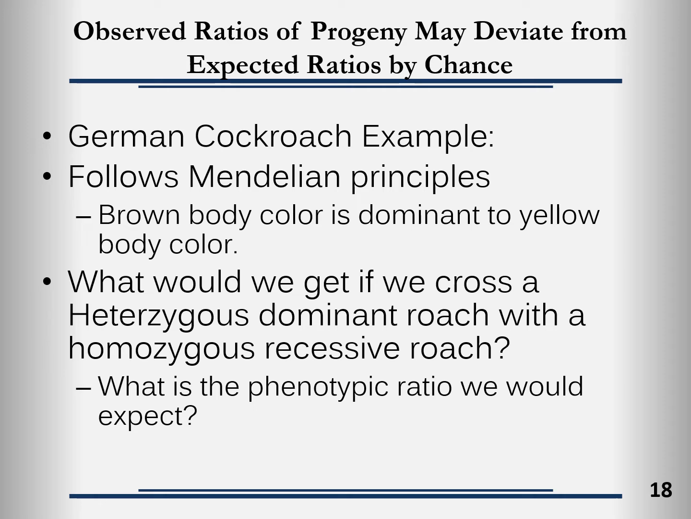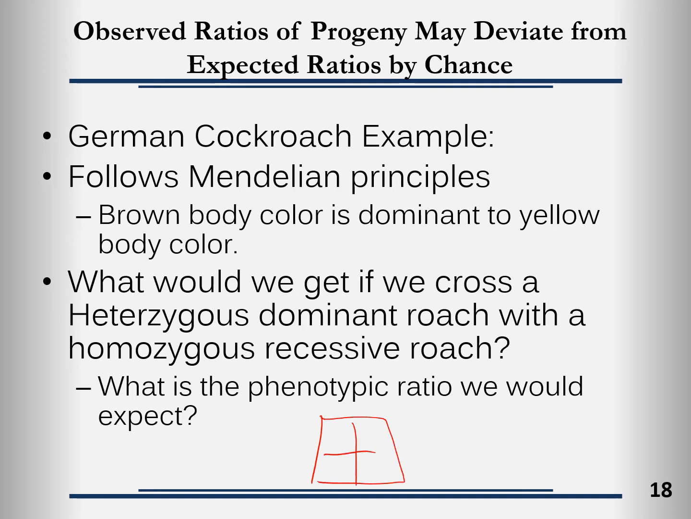Let's use an example from German cockroaches. Let's say that you look in the literature and you find that 50, 60 years ago there was a scientist that described the inheritance of the color of German cockroaches, and brown is dominant to yellow. The researcher reports that this follows a Mendelian pattern, and you want to confirm it. So you get some cockroaches, you follow Mendel's experimental design, you get pure breeding brown, you get pure breeding yellow, you cross them together, and you get a heterozygous dominant roach, and you take a homozygous recessive roach, and you breed them. So if we think about this cross,